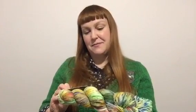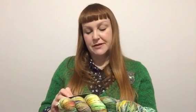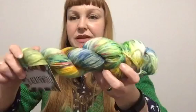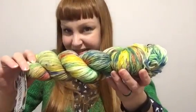And that is the barefoot sock, and it is 80% merino extra fine wool and 20% polyamide, and the colourway is wildflower patch, and it could not be more perfect for me. Oh God, it's so good. Thank you. And she also included